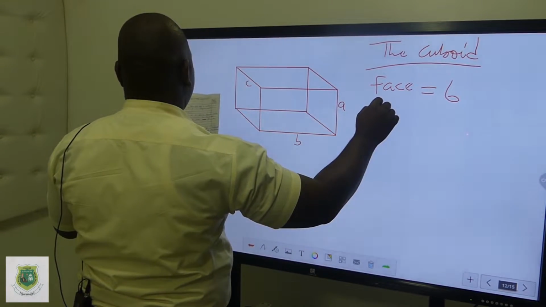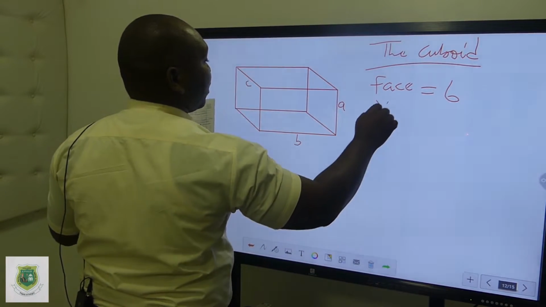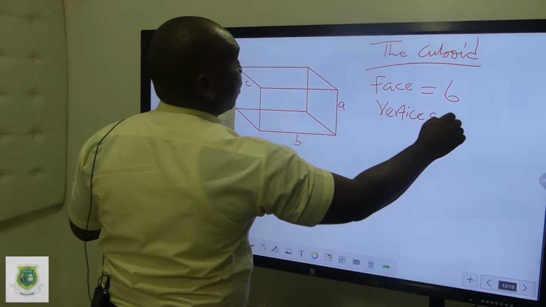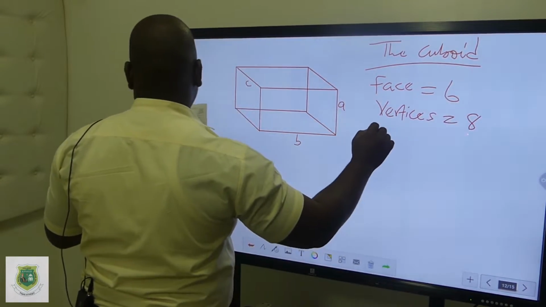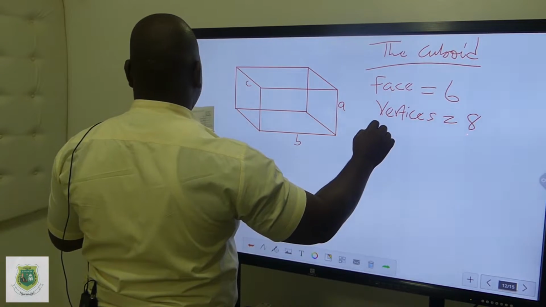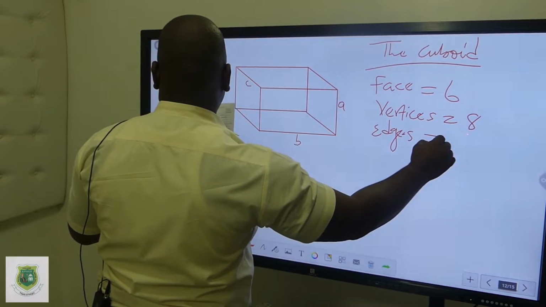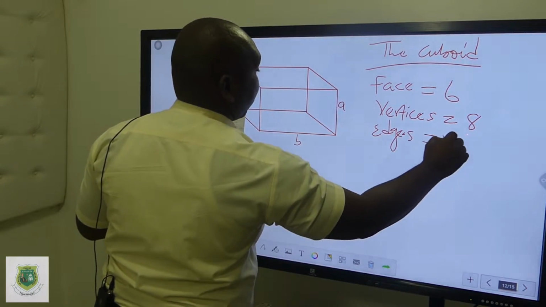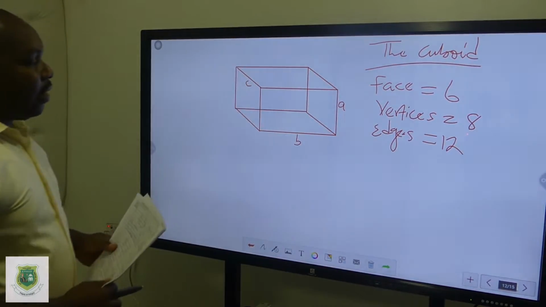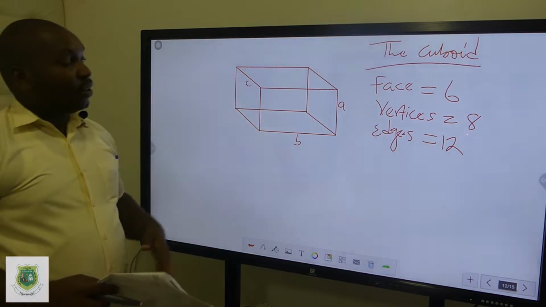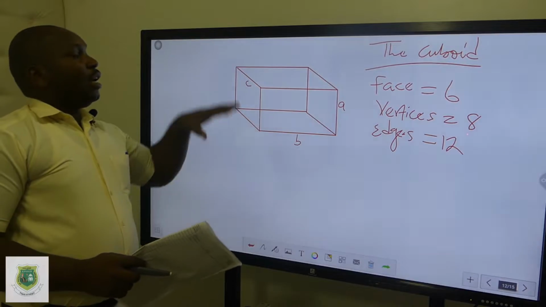Number of vertices is 8. Number of edges is 12. Just like the cube, they resemble, but you can see what is the difference between them is that the